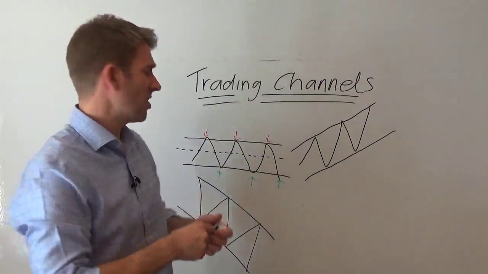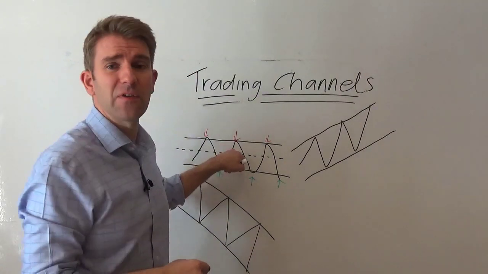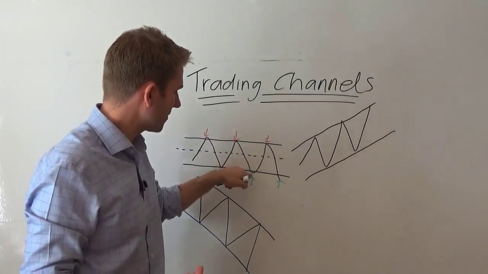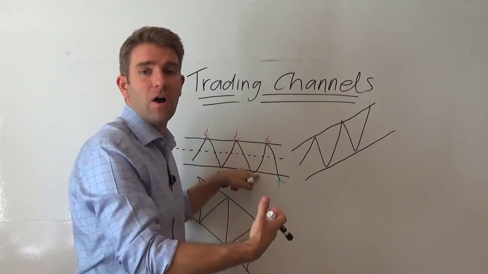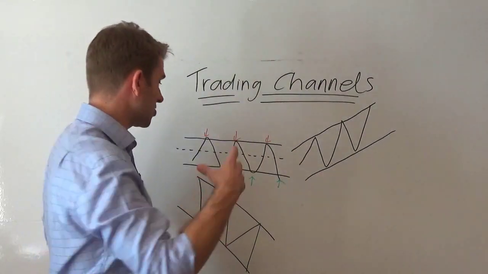So if I'm fading that channel high, let's say I'm going short of the high, I might wait for a tag of the midpoint of the channel to scale off some of the positions to just pay me for being right, and then look for the test of the lower channel to scale the rest off. Or if I'm being a little bit more ambitious with trades, which I try to be,